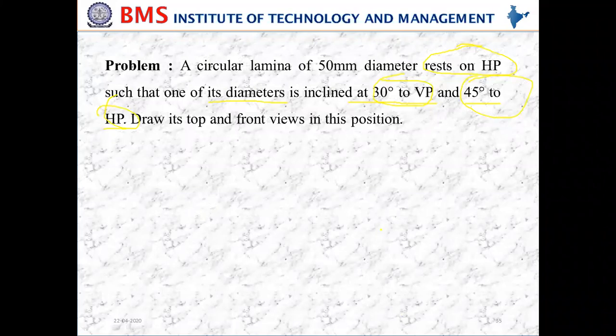He has not mentioned the top view of the diameter or the apparent diameter. These two are not present. The only thing is that the true diameter is inclined to VP.